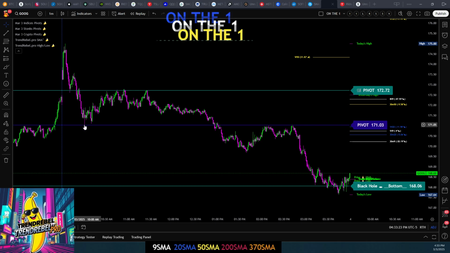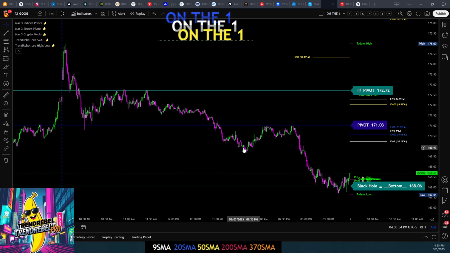After that, we slowly crawled back up to the weekly pivot of 172.72, which we tested twice, fell a little bit, and tested a third time, ultimately losing that pivot, at which point we fell down to the monthly pivot again of 171.03. At 171.03, we fell through. We back tested from below, right here like this, and we failed that back test,